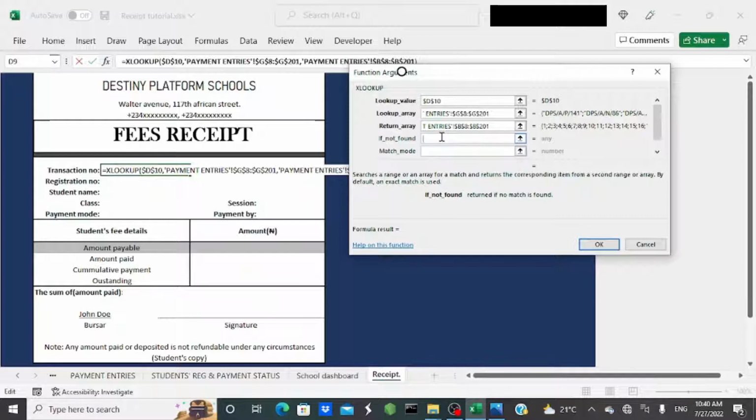So if you can't find it, I want it to remain blank. I don't want anything to appear. So I make use of double quotation marks twice like this. This signifies blank space in Excel. So I want it to remain blank. Good. So for the match mode,